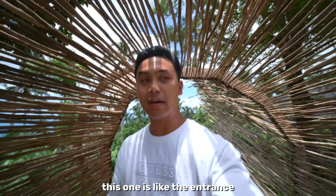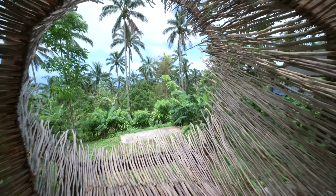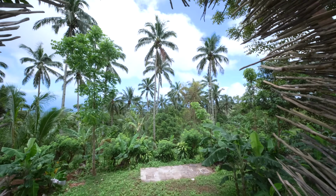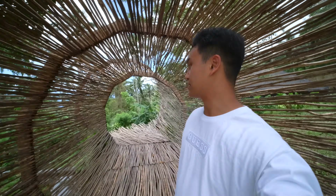Mura ni siya katong sa entrance ba, but on steroids. It's so much bigger. There's more wood and twigs to really take shape of this infinity tube that they call. Yeah, look at that. And everything looks extra crazy with this ultra wide lens. I guess with the photos that you can capture here, and even videos, it would look pretty